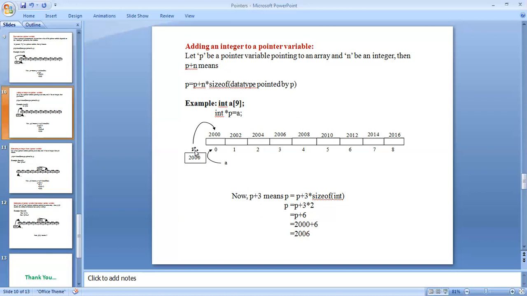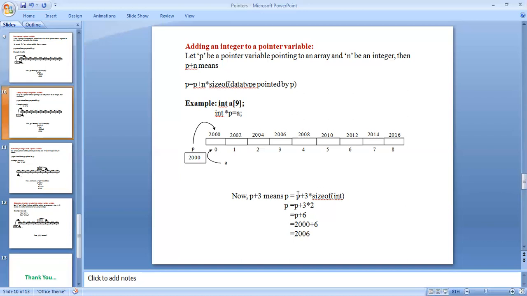P means the memory location 2000. A is stored in memory address 2000, at array index 0. And now P plus 3 means P equal to P plus 3 times the size of int.